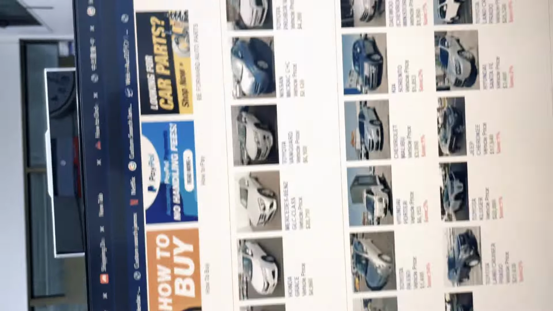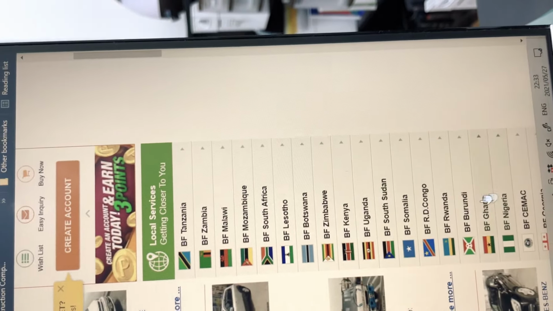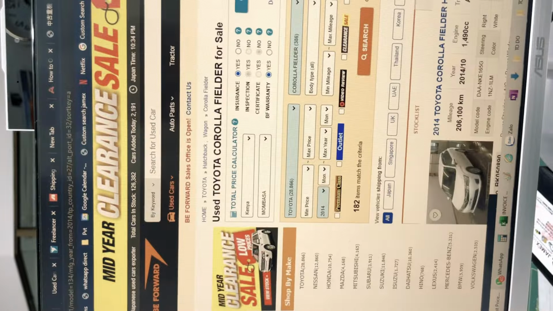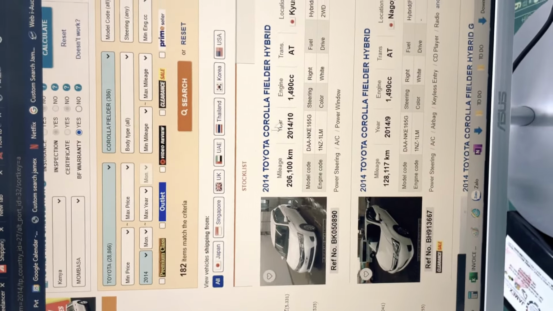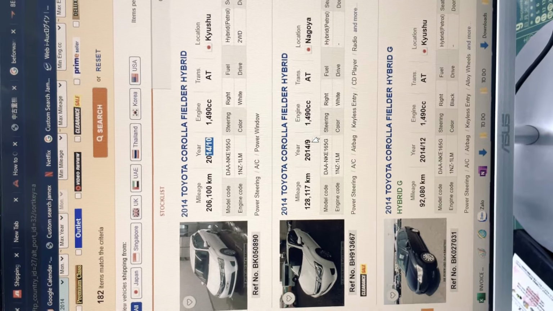And for example, if you click Kenya, only 2014 cars will appear because Kenya only allows 2014 cars. So if we click here, you see all these cars, they are 2014. Like this one is a 2014 Toyota Corolla Fielder, then this one is 2014.